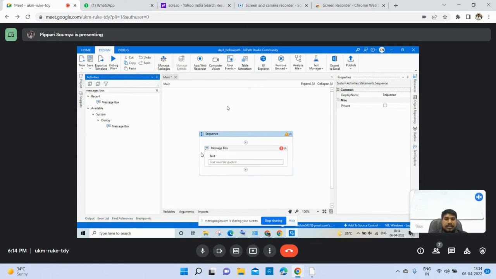Okay, so under the message box there is a small field saying text must be quoted. Whatever you want to show in the message box, you need to fill it in. So if you want to say hello world, or whatever you want to showcase in the message box, you can add it in this field. So put double quotes over there,